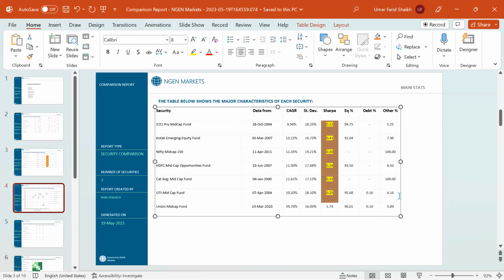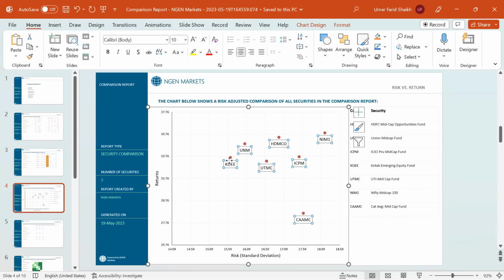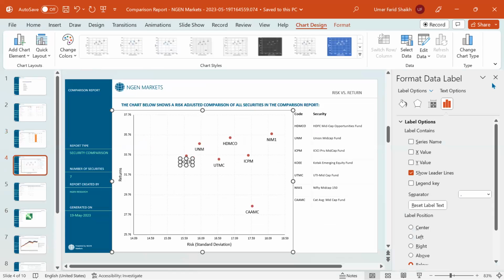For example, we have discussed the risk and return. So why have we chosen the Kotak Equity Opportunities? Because of emerging equity, because we had one of the lowest risks, which is the standard deviation given in the system. So you can effectively choose to add in the data labels. All those parameters are highly customizable, and you can then review other parameters like the statistics